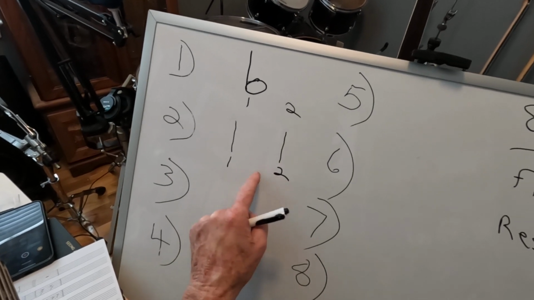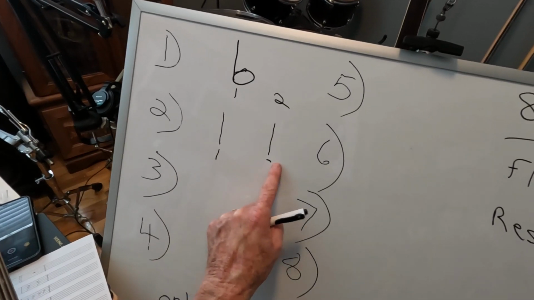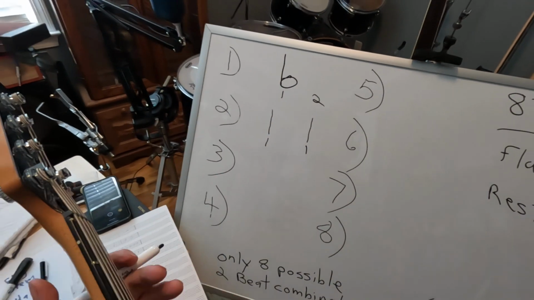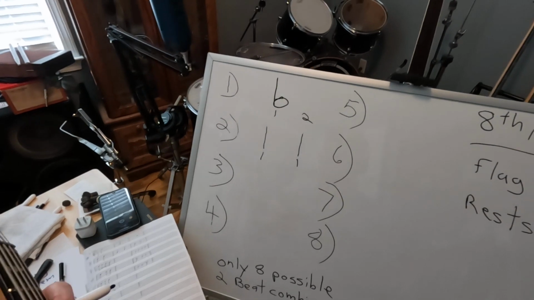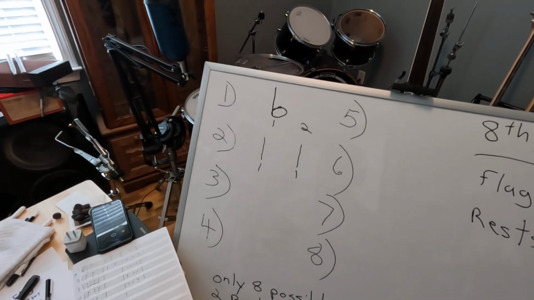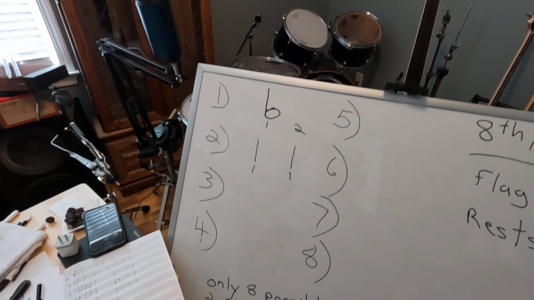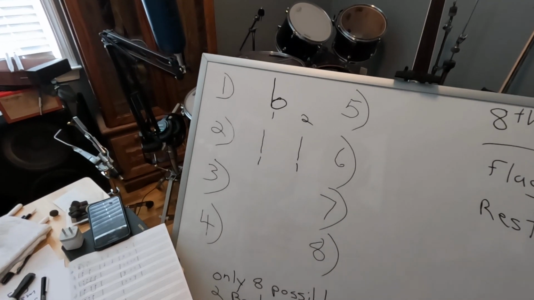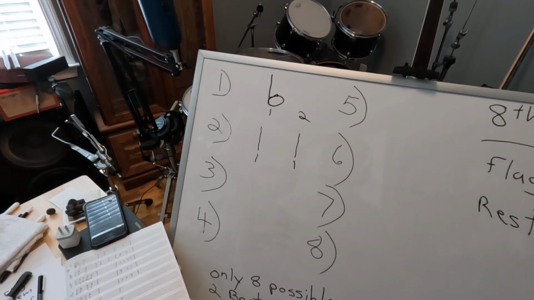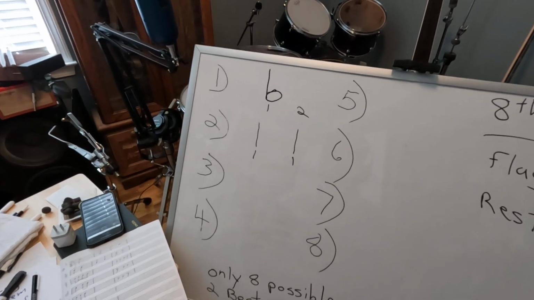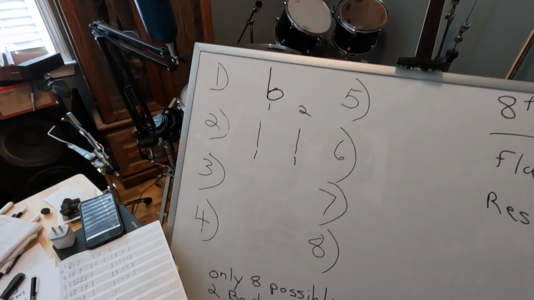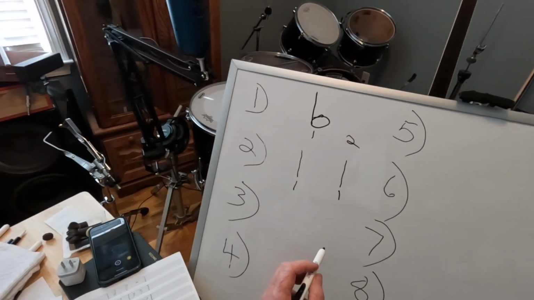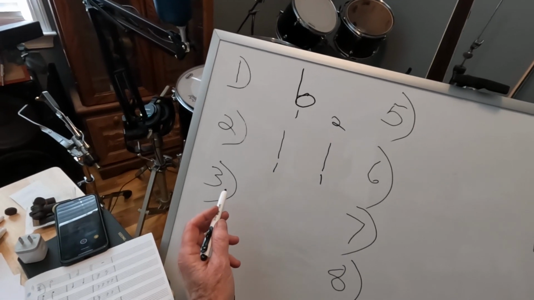1, 2, 1, 2. So each of those gets 1, or, if you're counting it out, it'd be 1, 2. So here's a half note, 1, 2, quarter note, 1, 2, 1, 2, half note, quarter note. So 1, 2, each of those gets 1. All right. Possible pattern number 3